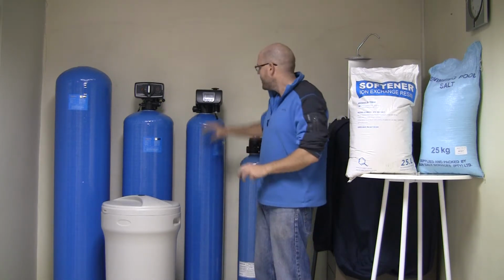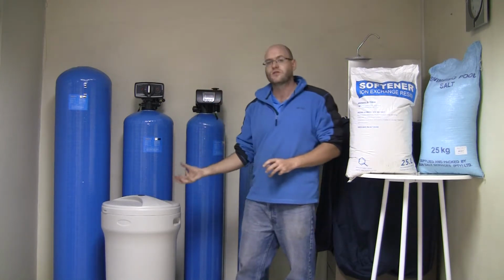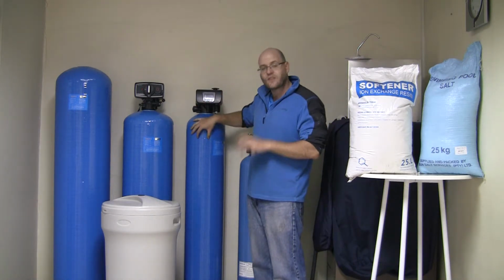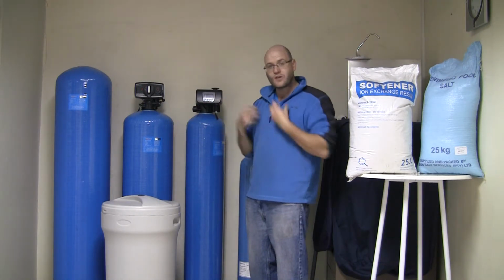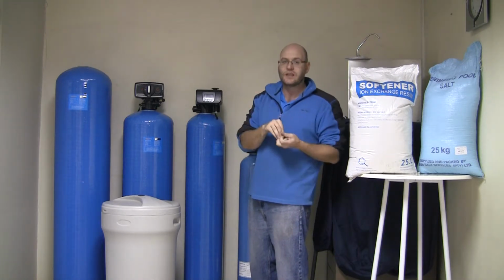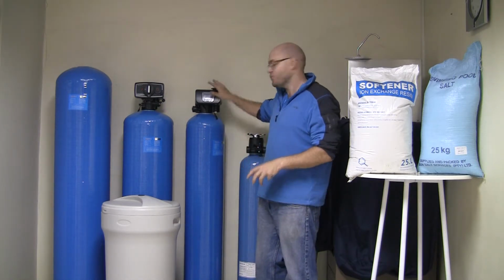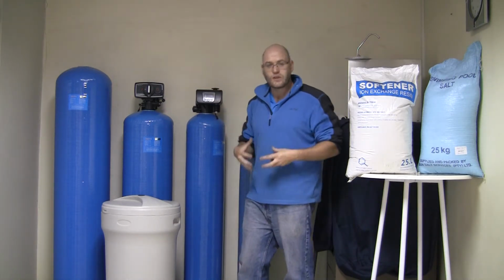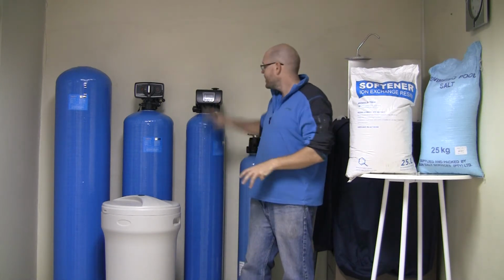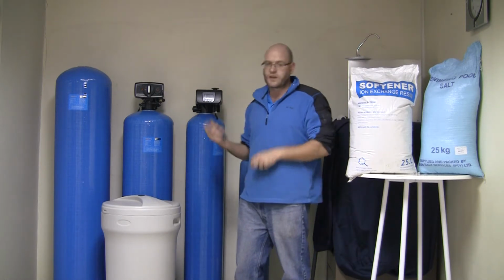That's completely normal. It's going to then draw from the brine tank, it's going to draw the mixture of water and salt into the vessel, and so the cation resin is then going to take the sodium ions from the water and replace the calcium and magnesium with that sodium ion. It then runs one final rinse cycle where it rinses out any of the excess salt that's inside the vessel and the remaining calcium and magnesium out. And then it goes back into normal operation, where it's then running as it's meant to, removing calcium and magnesium